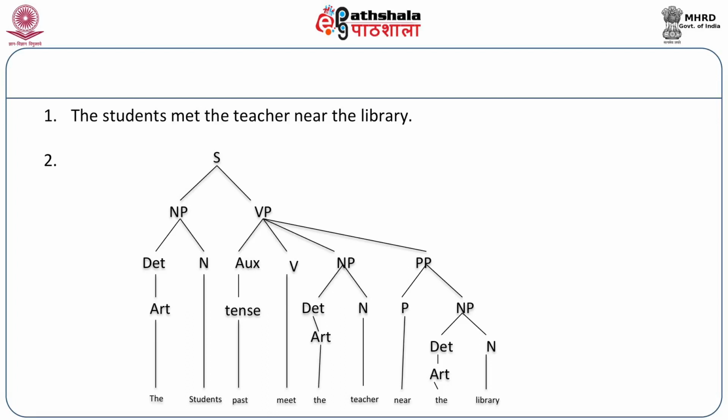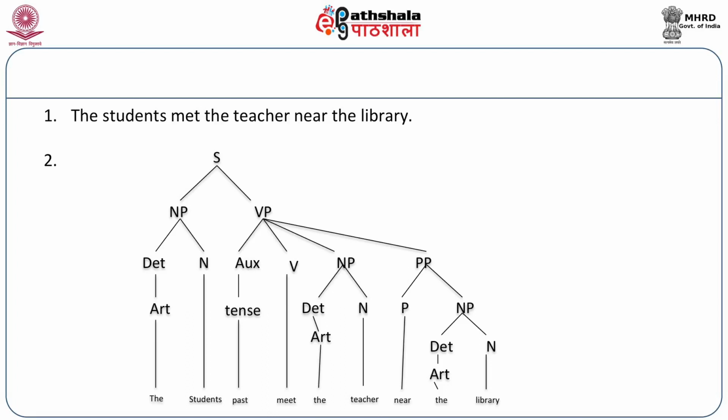And then we have the main verb meet, which is followed by a noun phrase, which has again two constituents, an article, which is a determiner, the, and a noun, which is teacher. And then we have the preposition phrase near the library, where near is the preposition and the library is the